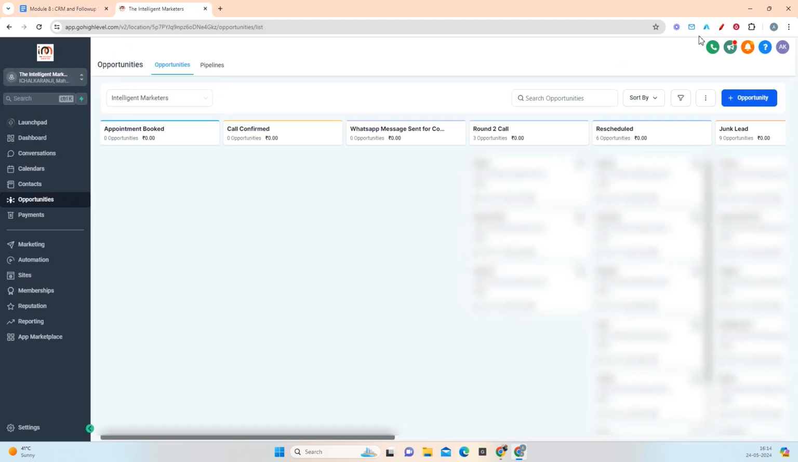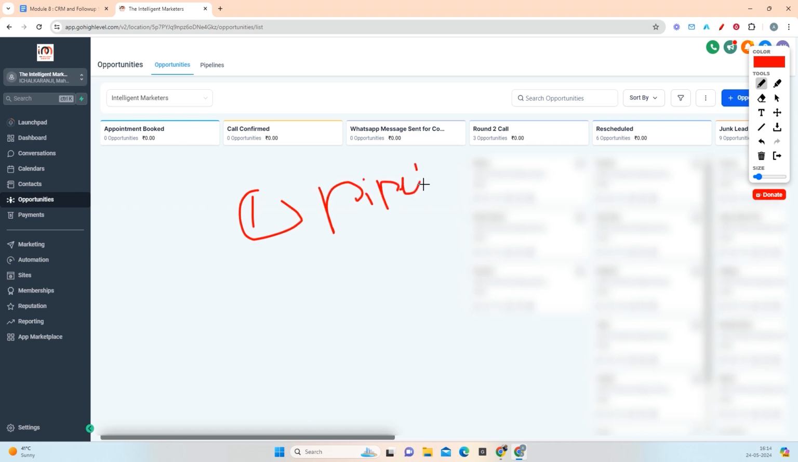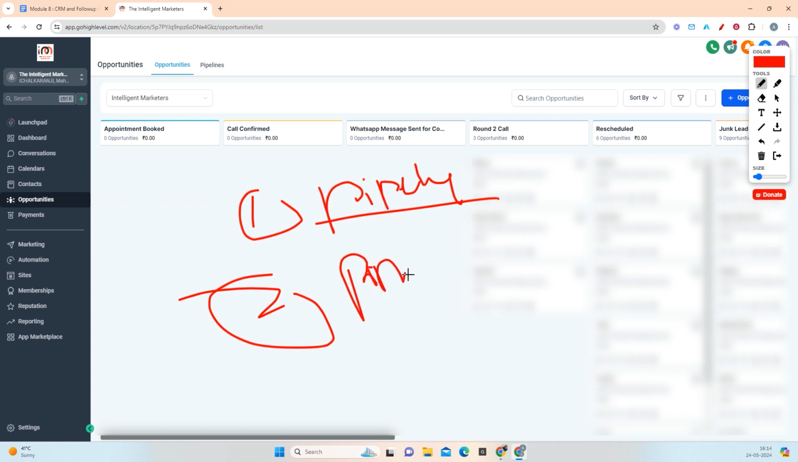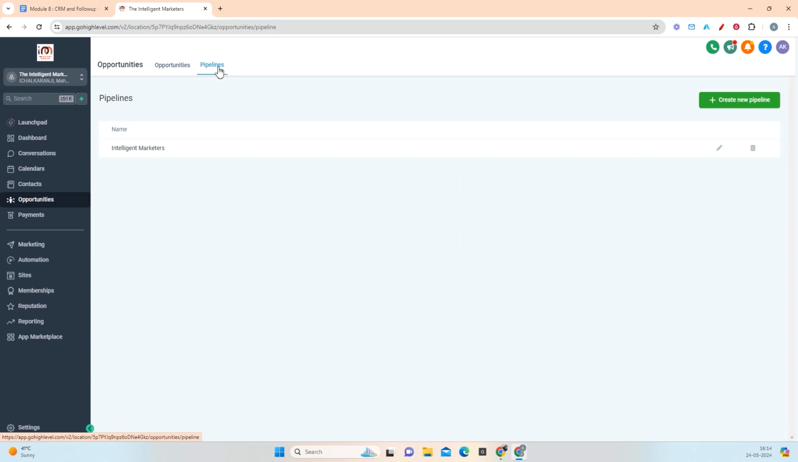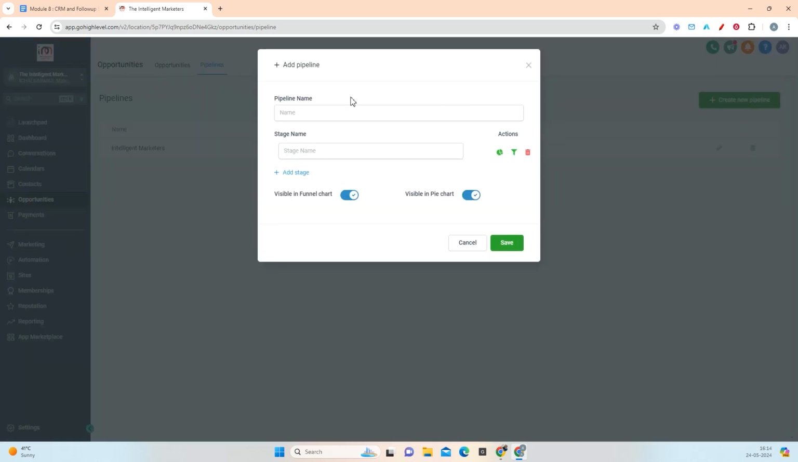As I mentioned, there are just 2 important things. One is pipeline creation, so you need to create the pipeline. Second is pipeline management. Whatever CRM you are in, just go into the pipeline section and click on create a new pipeline. Let us name this pipeline interior design business